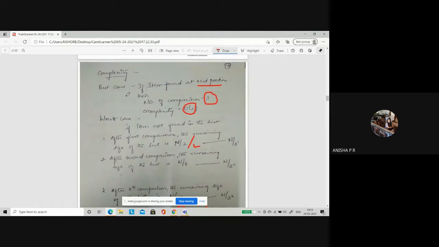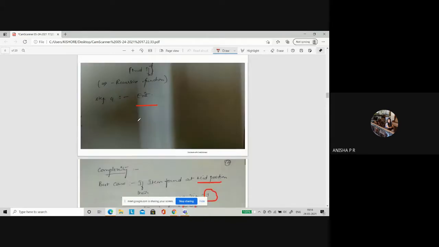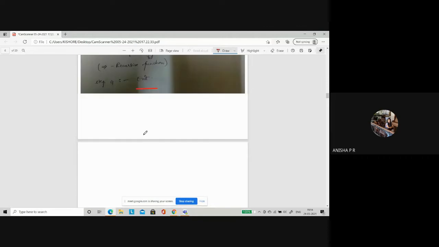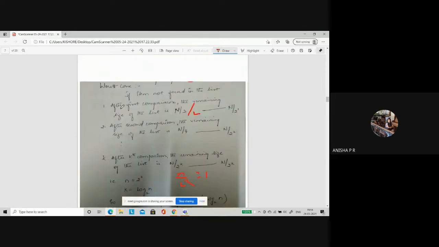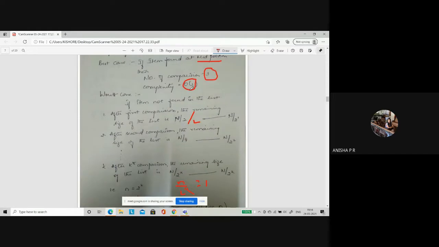So if somebody asks you what is the complexity of binary search, then you will say it is O of log n, because you will concentrate on the worst case. Best case, anytime you will get to know the answer, but you have to concentrate more on the worst case. Like I told you the example of the packers and movers. If he says 4 hours, you will not fix for 4 hours.